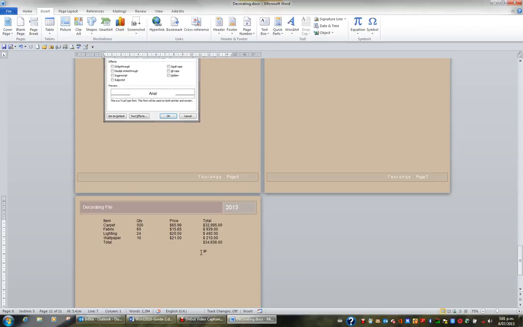Sometimes I receive data that's been separated with tabs and has not been put into a table, and what I'd like to do is convert that text into a table so it's easy to manipulate and sometimes easier for others to work with. So I'm going to select these 6 lines of text just by dragging down the left,